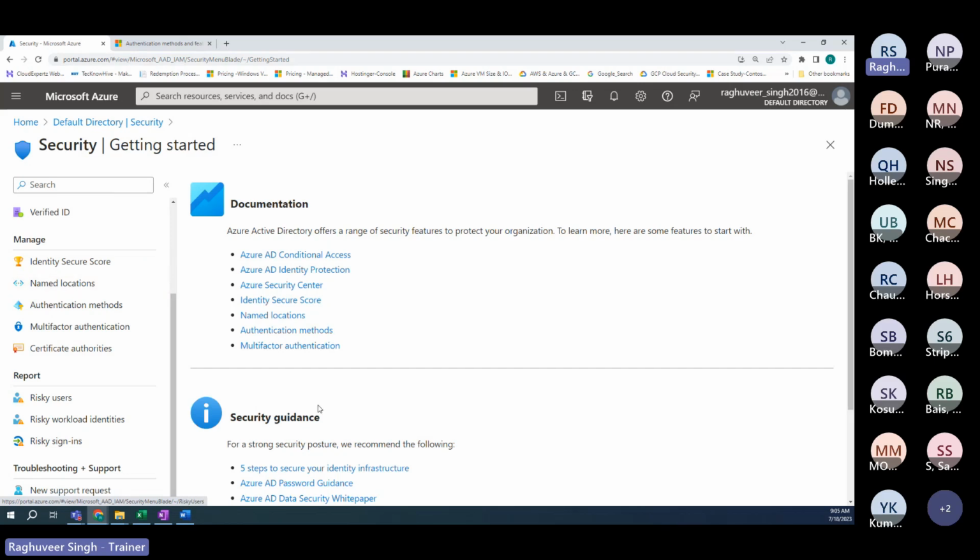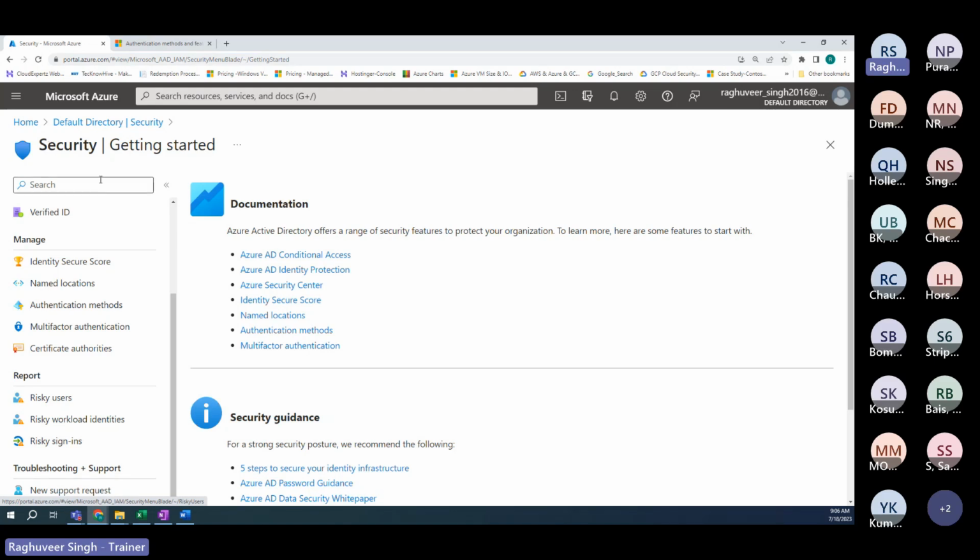That log will be sent to Sentinel. And based on the analytics rule that you have configured, that event will get converted into an incident. So we will do that in Sentinel. And that is why understanding of these core services is important, because I am going to use these core services